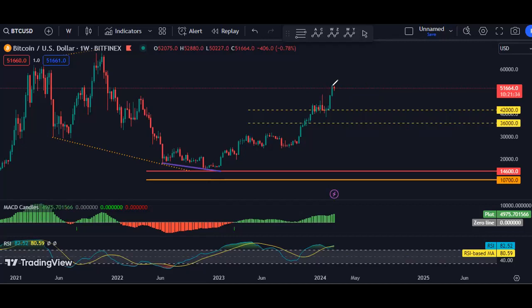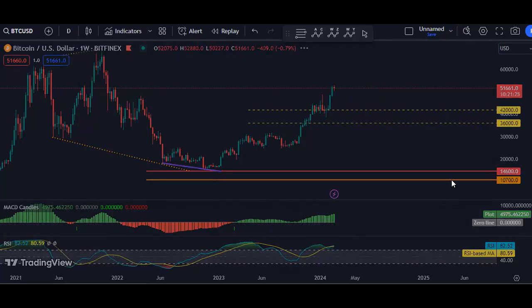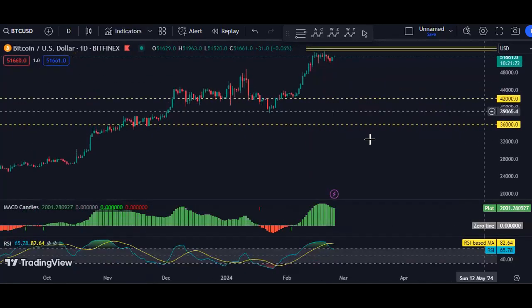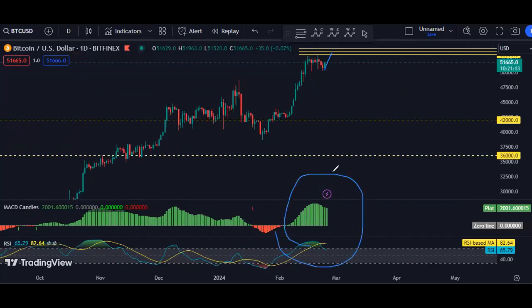To make it very simple, the breakout of 53 and 54 at this point is very important for us. For me, if I get any opportunity for buy based on lower time frame, based on daily or four-hour chart within the correction, I will take the trade. But at this point, we don't see any more information based on weekly. If we move to the daily chart, even if the price continues from here, as I explained based on the four-hour chart, we can expect to see the divergence. That's why whoever wants to look for buy should know how to manage it. For me, I can expect the price to be within this one for a longer time, maybe another few days before we see the continuation.